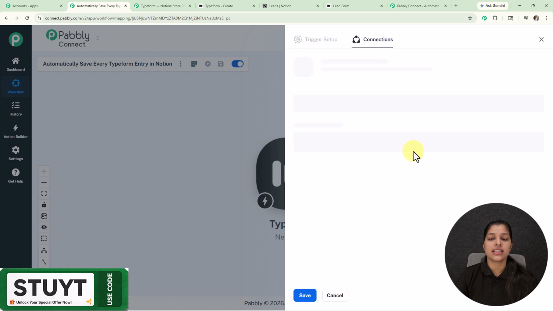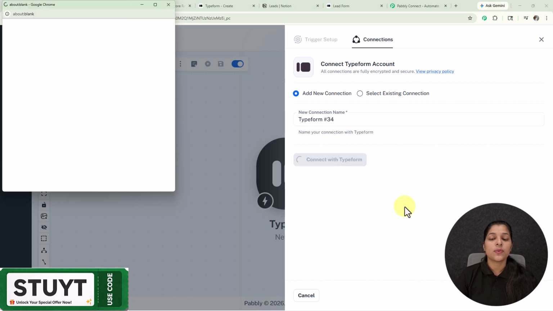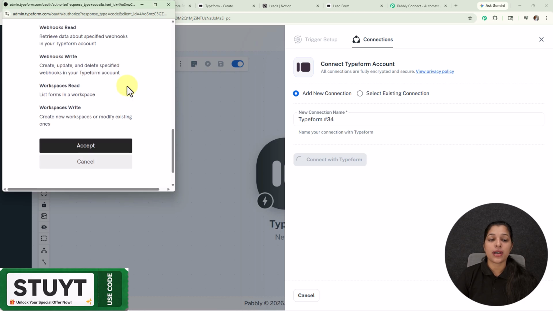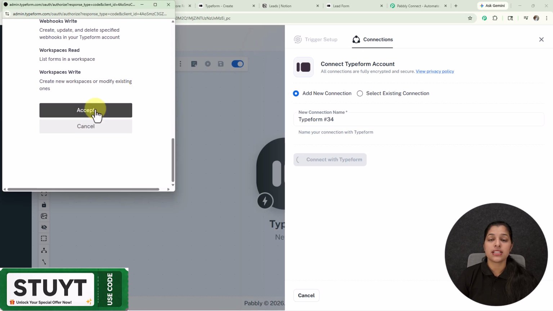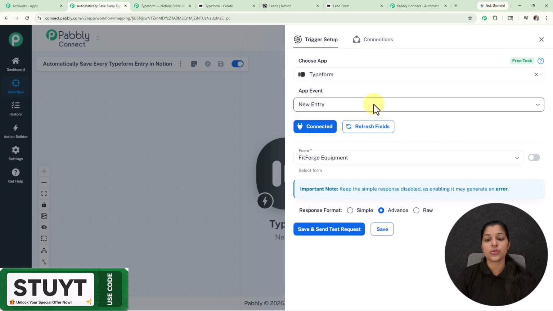Now let's click over this connect button, and here I've landed on the connection page where, if you want to go through your existing connection, then you can select this button of existing connection, and for building a new connection you just have to click over this add new connection. And now let's click over this connect with Typeform, and as I have already logged in to my Typeform account, I'm going to just click over this accept button as my data is saved with Pabbly. And make sure to log in to your Typeform account firstly before building the connection so that you can build a